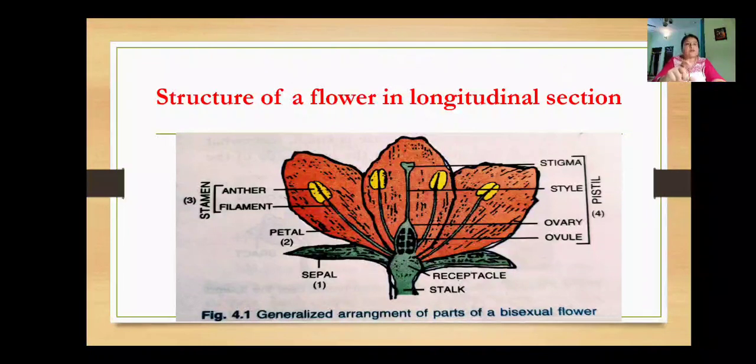Pistil is also known as carpel. The female part is the pistil or the carpel, and this consists of a stigma, a long tube that is the style, and the base part, the swollen part, which is the ovary, and inside the ovary the ovules are there. Right now we discussed the male gametes and the female gametes of the plants, no? So once again let's revise. The male gametes are the pollen grains, which we can find inside the anthers. You can see here the yellow colored part, the anther which is attached to the filament.